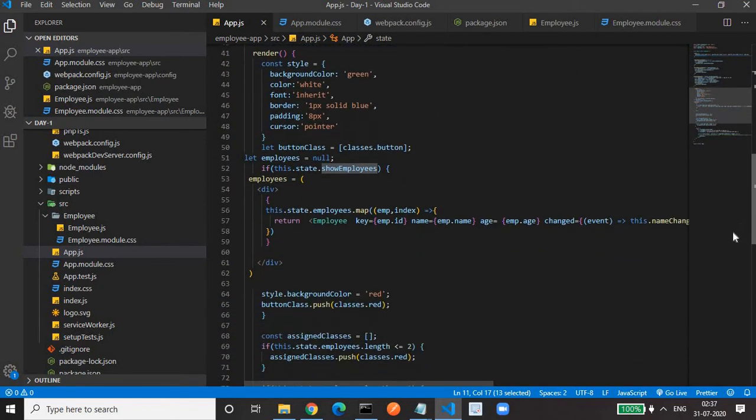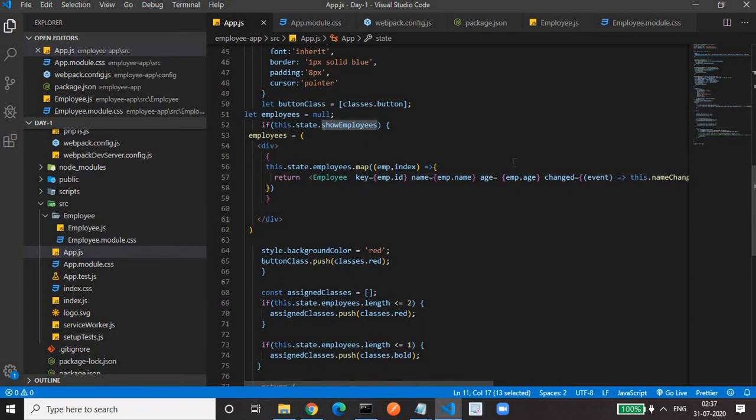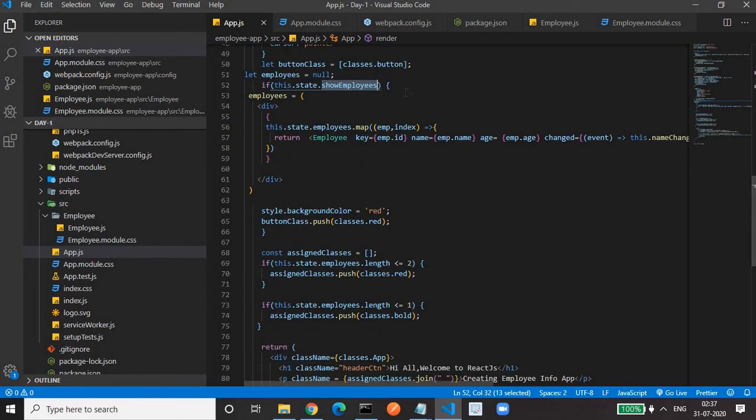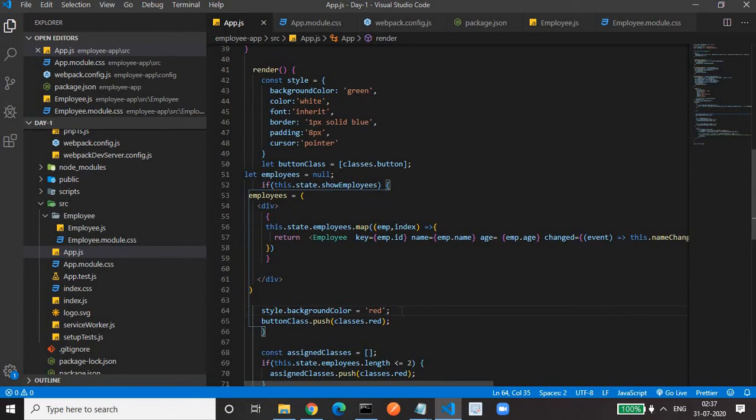Then the render method will execute, because we call the set state method. In the render method we have an if statement. If that is true, then we manipulate our style: style.backgroundColor is red. So we are setting the background color of the style variable to red, accessing it just as we access a property of an object. If you want to change some more style like color, we can write style.color equal to green, whatever it might be.